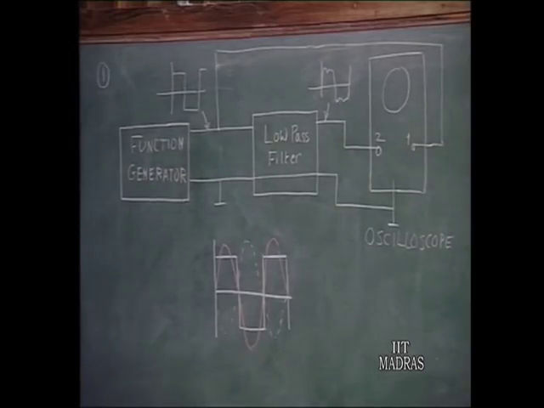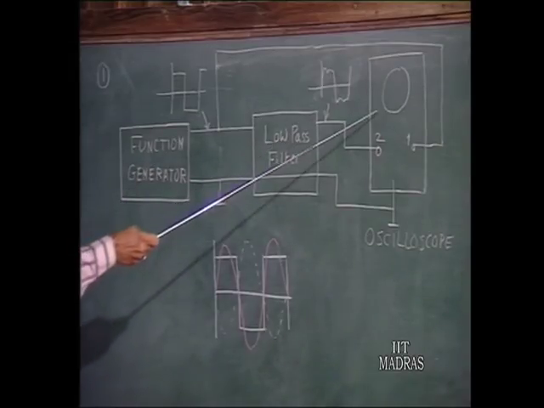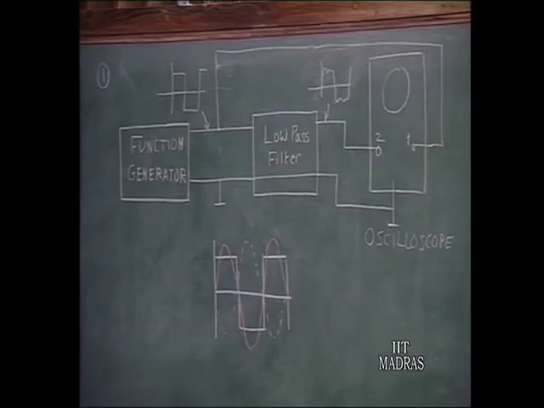A few comments on the demonstration you have just now witnessed. In the first part of the experiment, you had a function generator which produces a square wave. This is put through a low pass filter which allows frequencies up to a certain order to pass through, and both the square wave and the output of the low pass filter are displayed on the oscilloscope. The oscilloscope has two channels. One channel has the square wave, and the channel below displays this type of